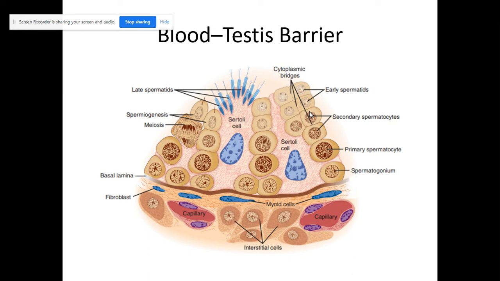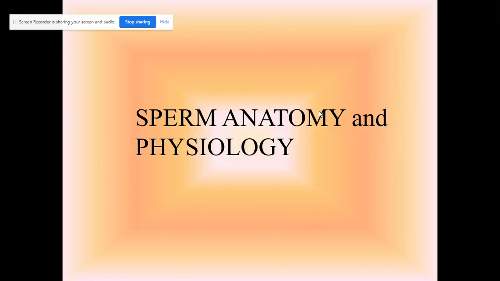So the fluid in the lumen of the seminiferous tubules is quite different from plasma because it contains very little protein and glucose, but is rich in androgen, estrogen, potassium, inositol, and glutamic acid and aspartic acid. Maintenance of its composition depends on the blood testis barrier as well. So this barrier also protects the germ cells from blood-borne noxious agents and prevents antigenic products of germ cell division and maturation from entering circulation and generating an autoimmune response, and may establish an osmotic gradient that facilitates movements of fluid into the tubular lumen. Okay,